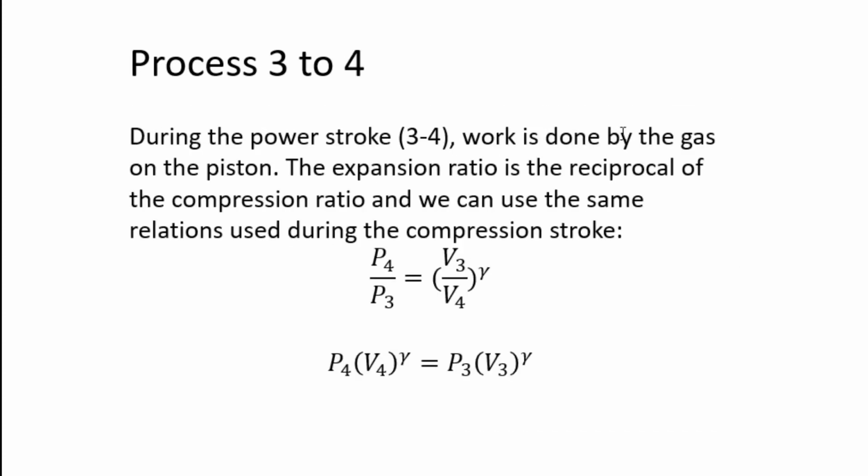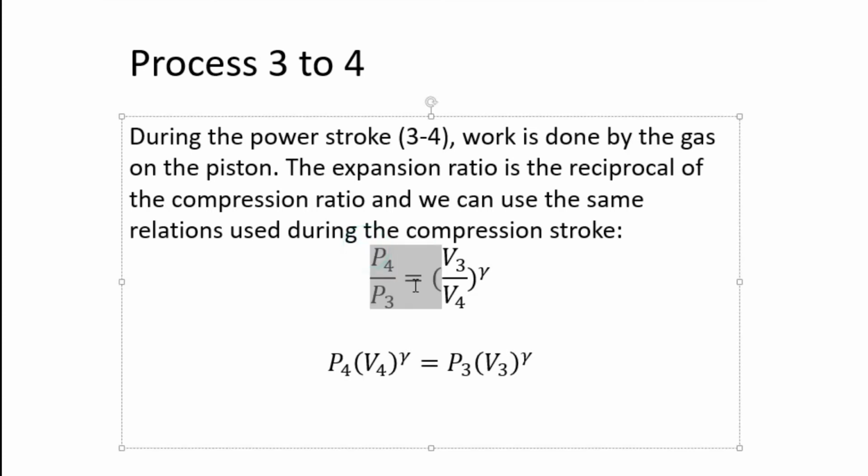Now students, coming towards the process 3 to 4, as we have already discussed, this is the power stroke process in which work is done by the gas on the piston, and the expansion ratio is the reciprocal of the compression ratio. So we can write the expression as the ratio of the pressure at state 4 to the pressure at state 3 is equal to the volume at state 3 over volume at state 4 power gamma, and